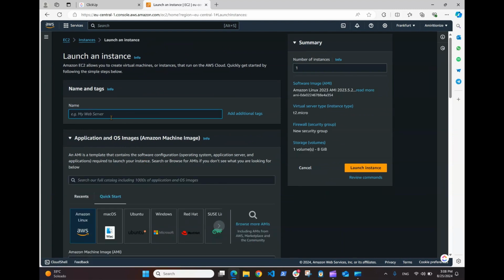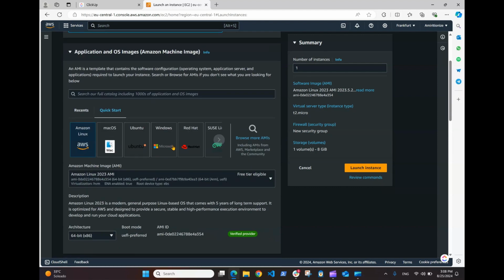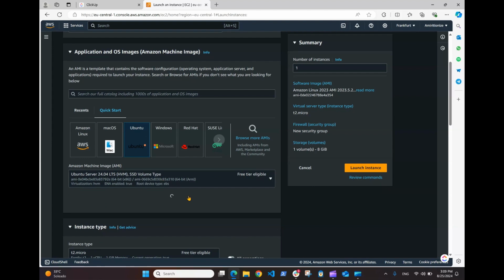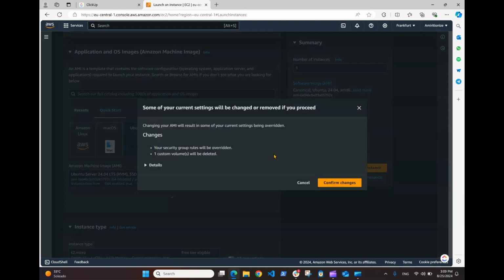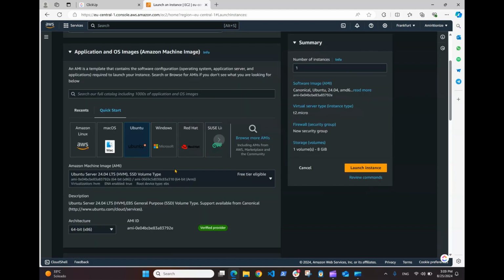In the name section, you can enter a name for your server. Here, you need to select your application and OS images. Most of the users probably would choose Ubuntu, but you can choose other systems as well. They have, I think, Mint and other distributions of Linux. So I'm just going to choose Ubuntu, and here you can also choose the version of Ubuntu. You can choose the latest version or version 22 or Ubuntu Pro. It's your choice. So we're going to stick to the latest version of Ubuntu, which is 24, and it's also free